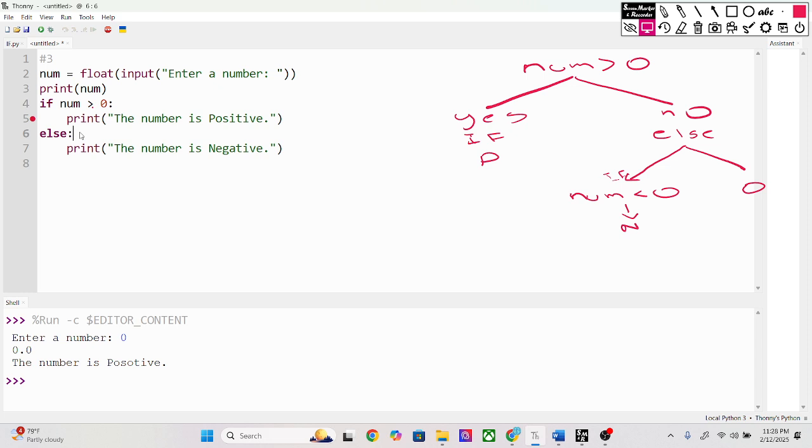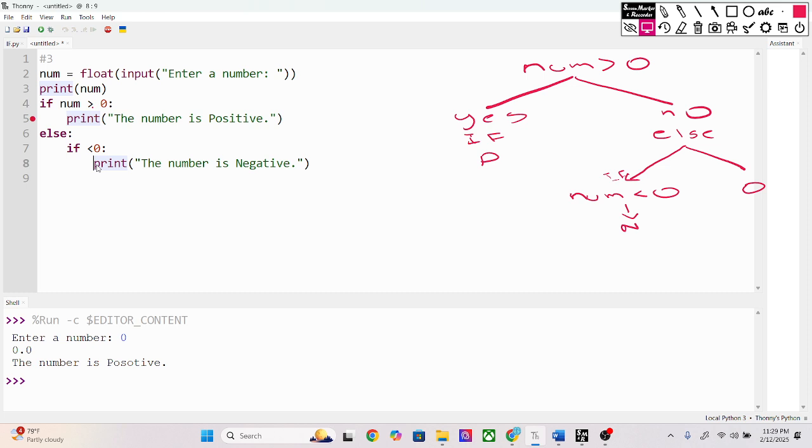Actually in this question we have more than two options. For example, if you flip a coin, obviously we have two, head or tail. But in this question, the number can be positive or negative, but the number can be 0 also, no? Is it clear? Now we have more than two options. So here for the else part, again we are going to use an if condition. Again we check if the number is smaller than 0. If the number is smaller than 0, you put the colon, now you click